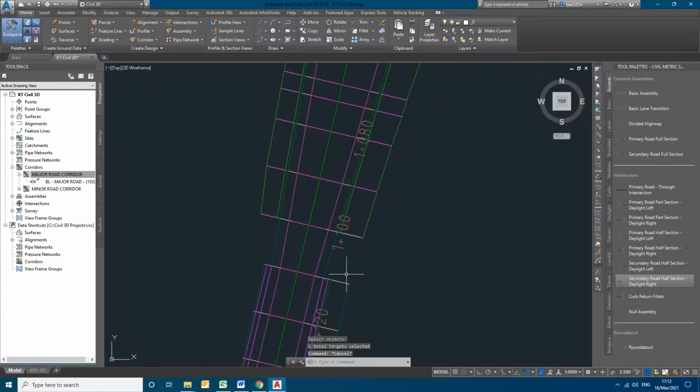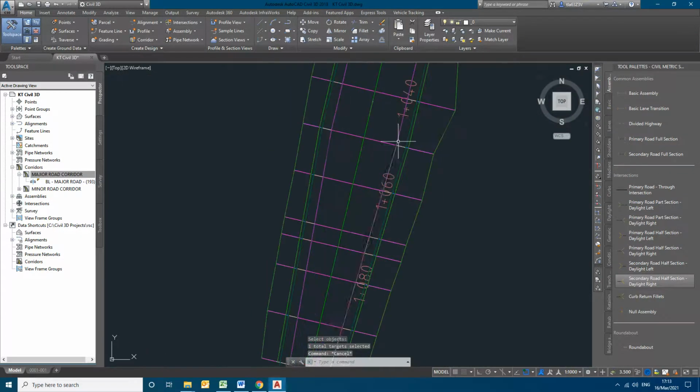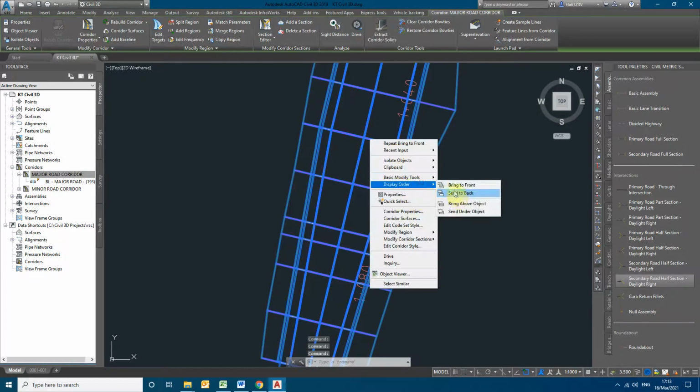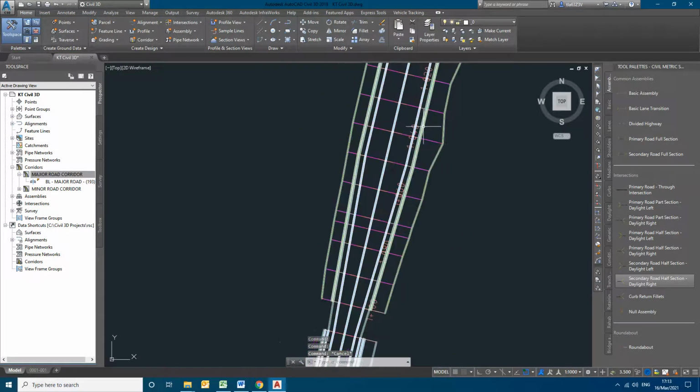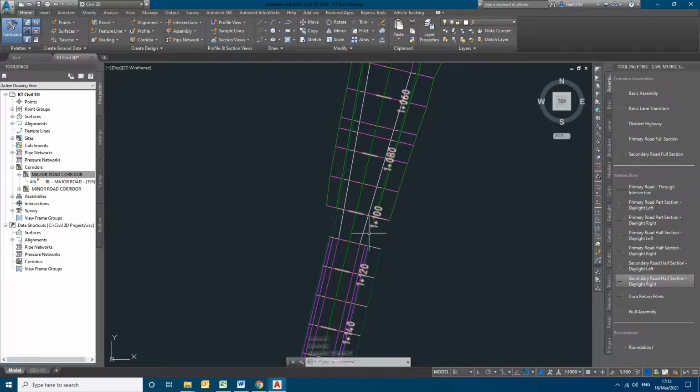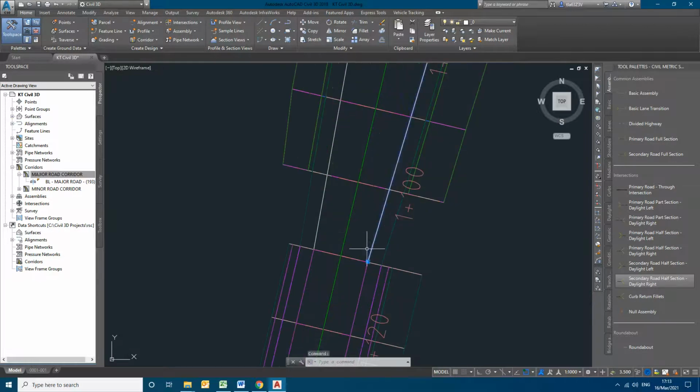So you can see how the taper has been applied from this point to this point. So in this scenario, for applying the tapering, it has been followed by these two lines. You can see it clearly.